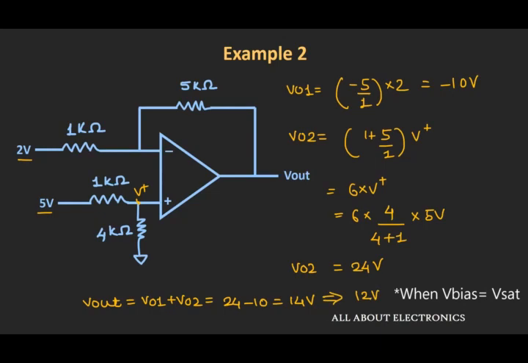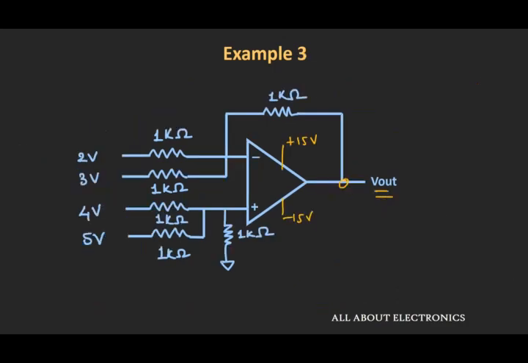That being said, now let us see the third example, and this example is for your exercise. Here, instead of single input voltages, we have applied multiple input voltages at the inverting and the non-inverting terminal, and we need to find the output voltage of this configuration. Here once again assume that the biasing voltages for this circuit are plus 15 and minus 15 volt. So try to solve this example by yourself and do let me know your answer in the